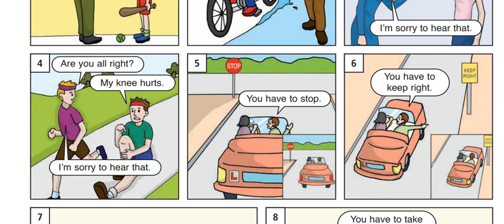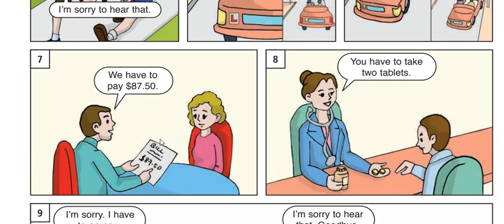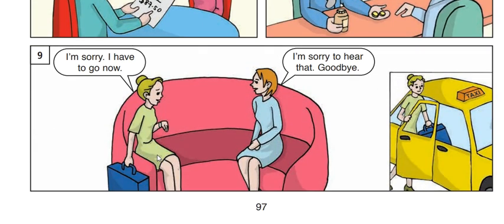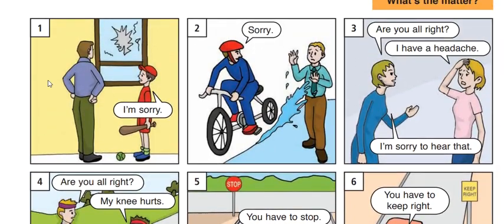Picture 5. You have to stop. Picture 6. You have to keep right. Picture 7. We have to pay $87.5. Picture 8. You have to take 2 tablets. Picture 9. I'm sorry, I have to go now. I'm sorry to hear that. Goodbye. Now repeat. Picture 1, picture 2, picture 3,